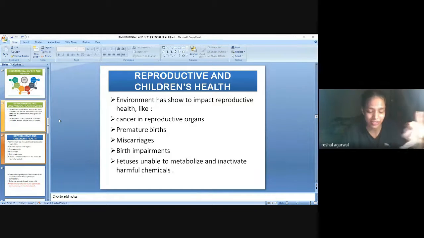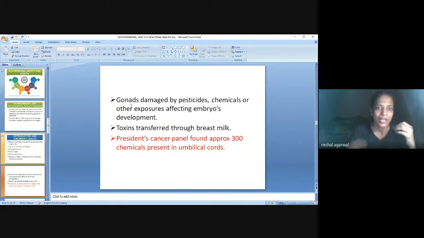Like there might be increased chances of miscarriages, birth impairments, premature births, cancer in the reproductive organs, and many other disorders which can be caused because of the exposure to these health hazards. Gonads might be damaged by the pesticides, chemicals, or other exposures, and they can affect embryo development. And the toxins can be transferred to the breast milk. And one very important line I have put in my presentation is that there was a survey done